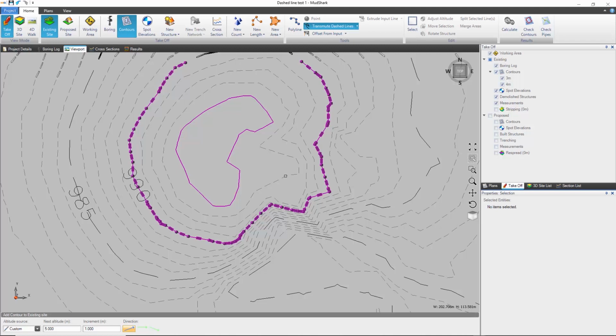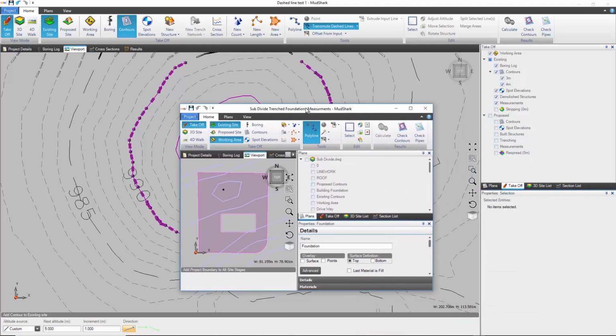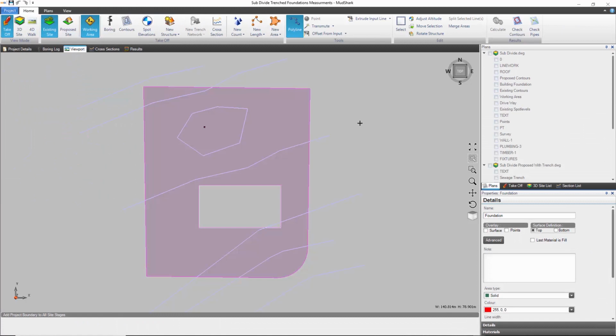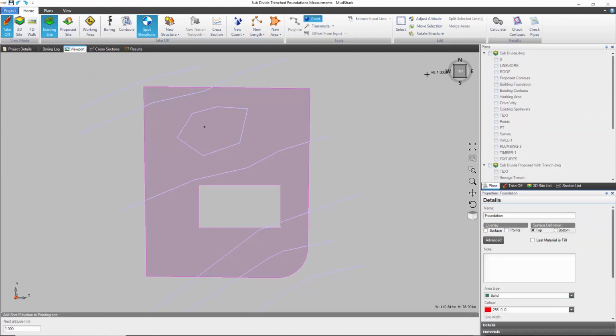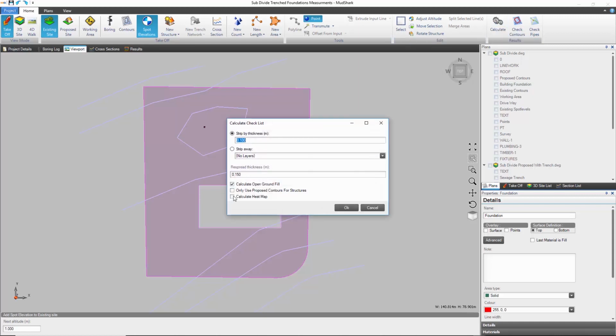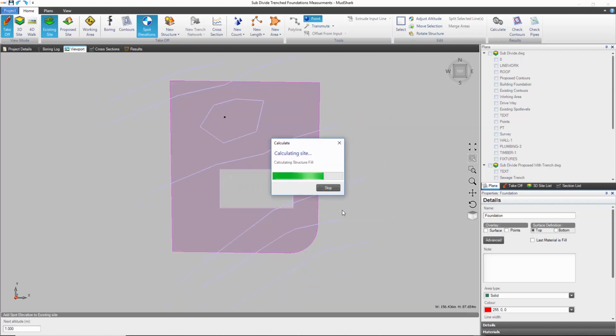and I hope you enjoy using that. So what I'd like to show you next is a couple of other things that we've got going. I'll pull in this, and what we can do is calculate here. So again, what I'm going to show you here is Heatmaps, which is a great new feature for getting more information, more visual information about what's going on your project. So if I hit calculate, we can do calculate heat maps and go OK,